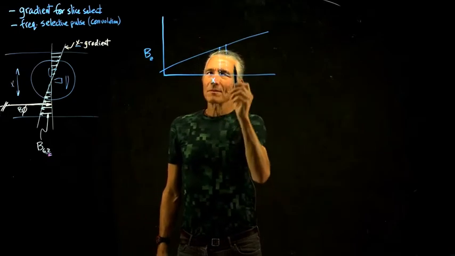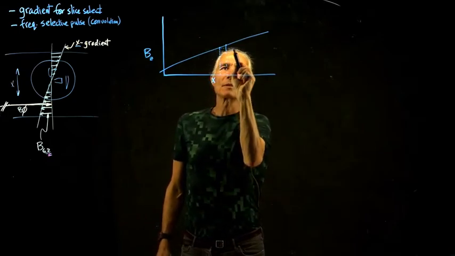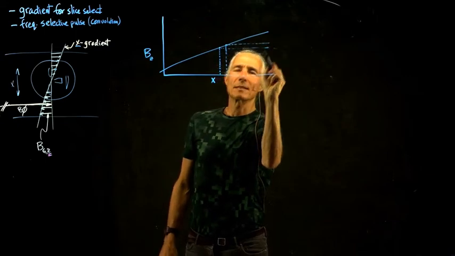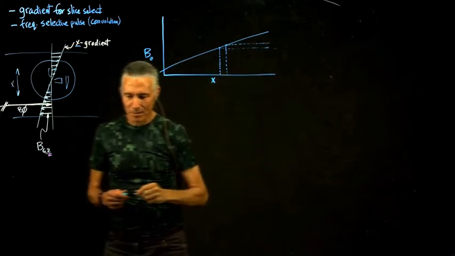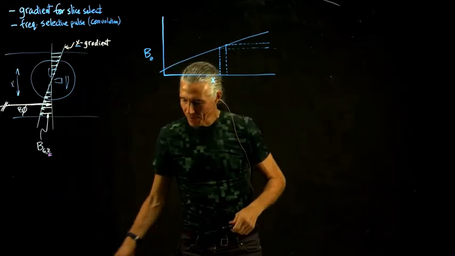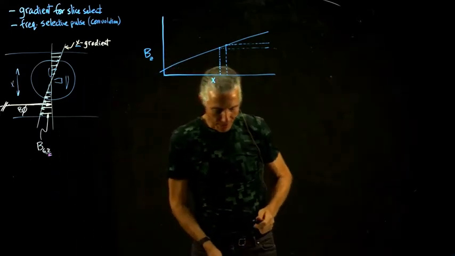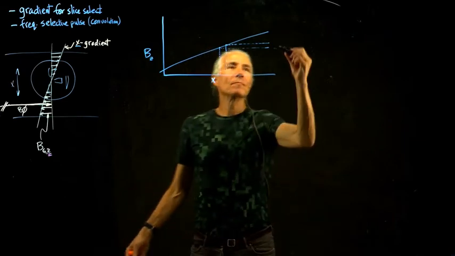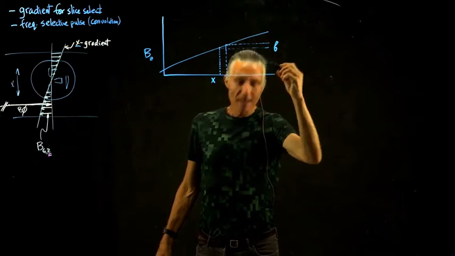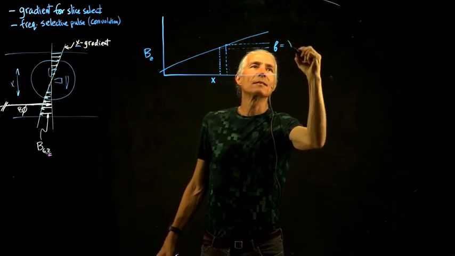That's all good, but now we've got to actually feed in a little band of frequencies. So that's our problem for today. How do we get a band of frequencies? What frequency do we want to put in there? We want to put in a band of frequencies, and that band of frequencies will be